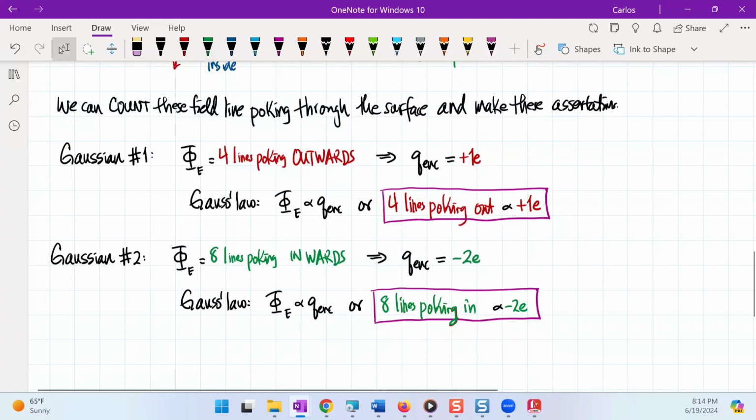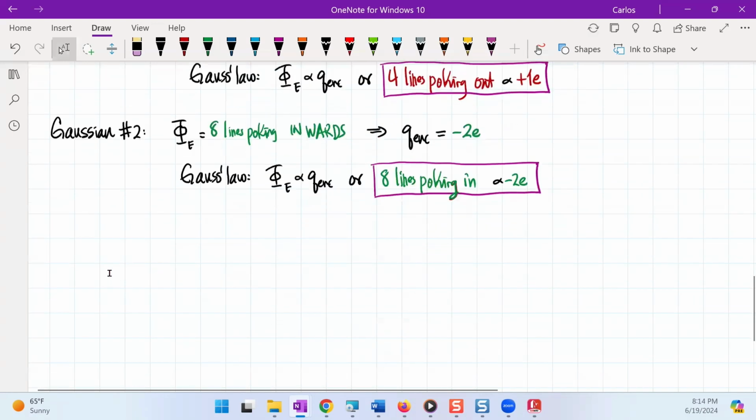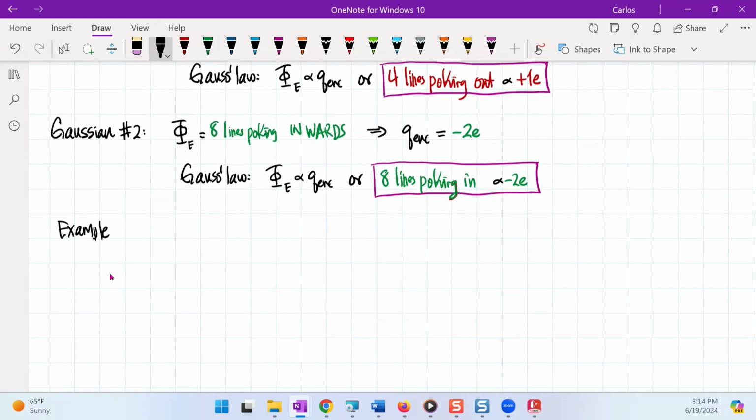So by knowing the number of field lines, I know what the enclosed charge is, even though I don't know what's going on. Now, just as an example, to keep playing this game of trying to count